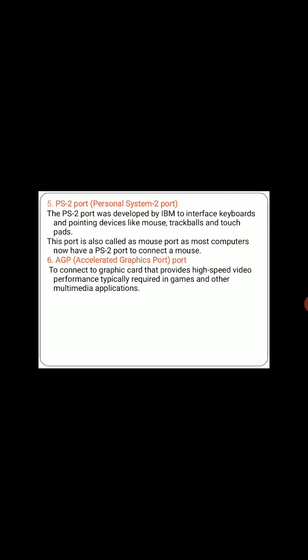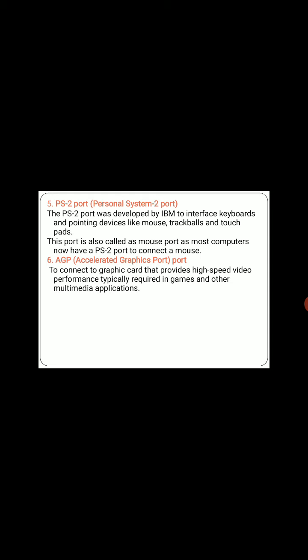It connects a graphics card to provide high-speed video performance, typically required in games and other multimedia applications. Whenever you are using high definition video games, in that case we have to use graphics cards. Or also if you are using any high graphics level multimedia applications, in that case we have to add an external graphics card.